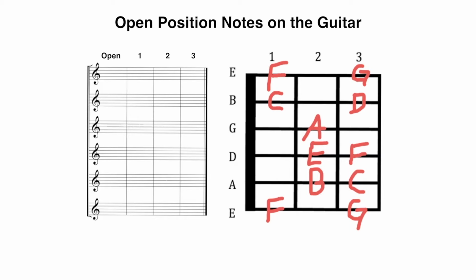Next, we'll take a look at these notes in music notation. Each string on the right-hand diagram will match up to a staff on the left. So the high E string will be written on this staff to the left. The B string will be written on this staff, etc. Since most of us learn to read music notation on the guitar starting with the high E string, we'll notate that string first and then work our way down to the lower strings.